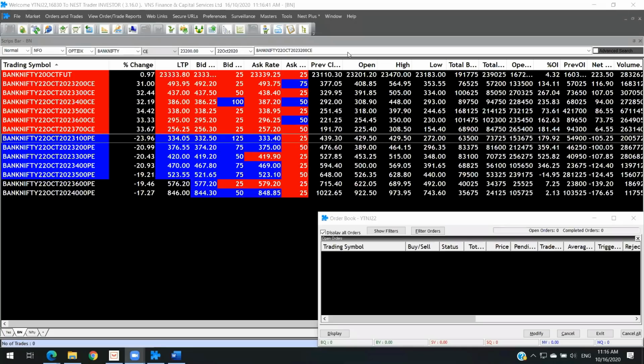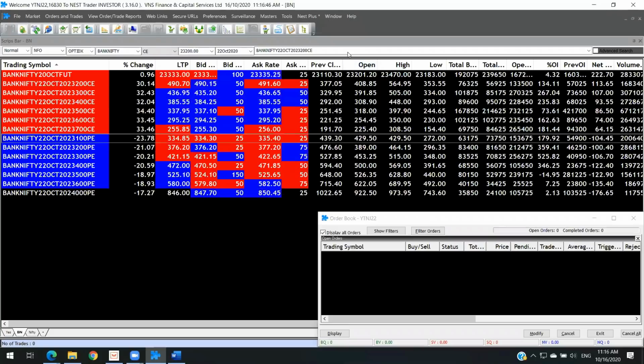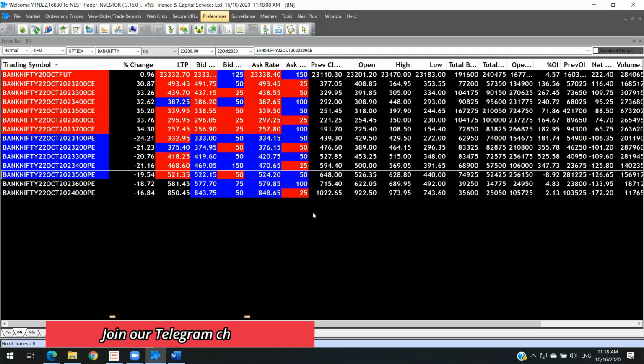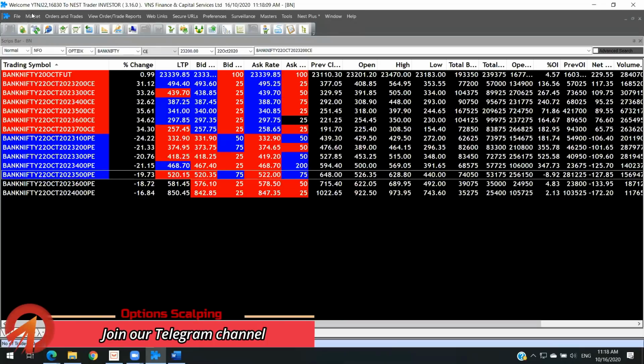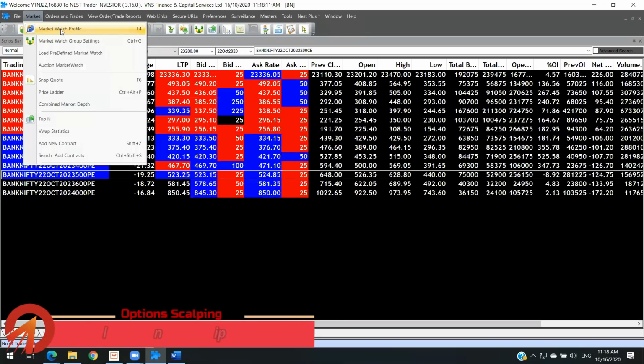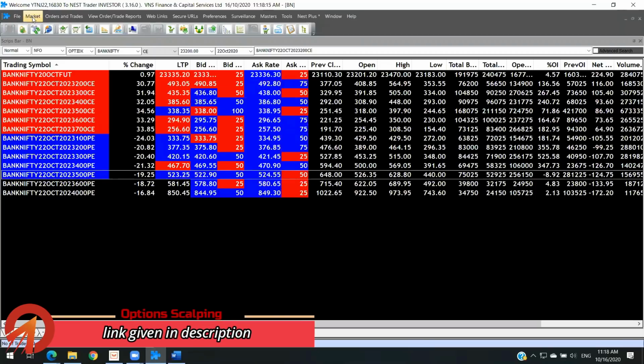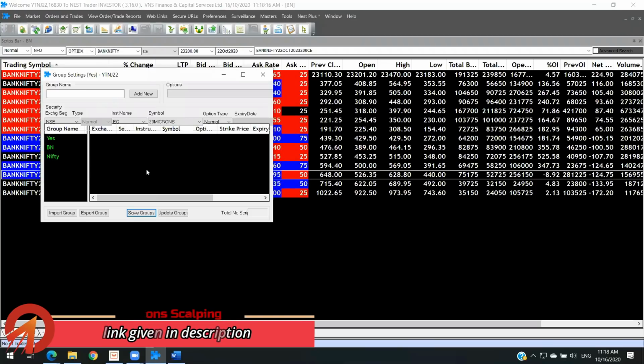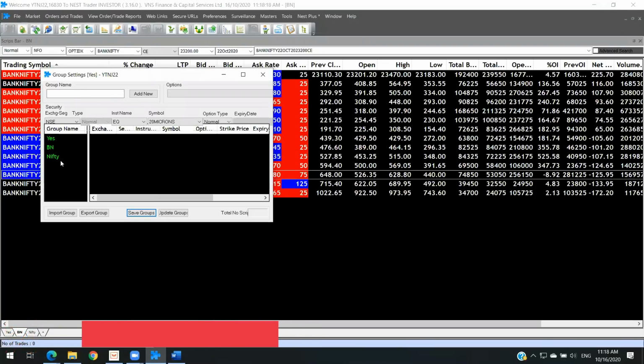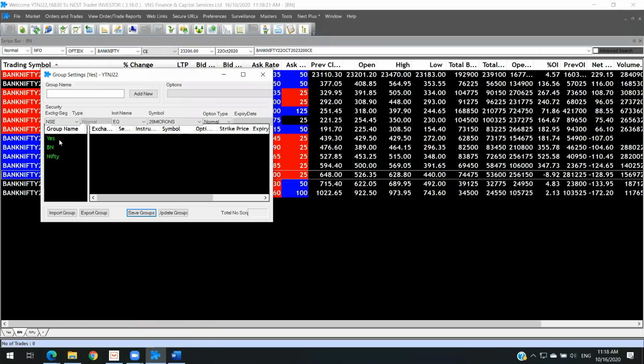Let's get ready for the next one now. I think most of you, I think everybody, would have logged into the system. What we have done is you just needed to go to the MarketWatch profile, MarketWatch group settings. You can create anything which you wanted. Can you remember, I believe I had a group for Yes Bank, once it was falling, and at that particular time I had it there.